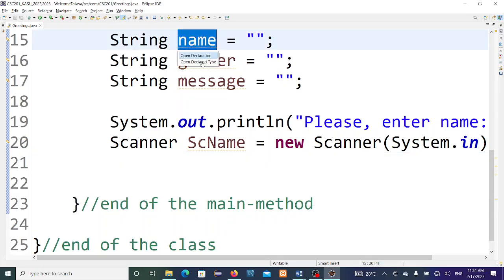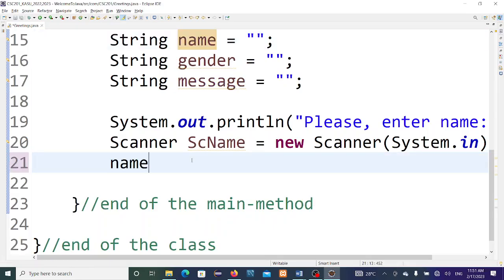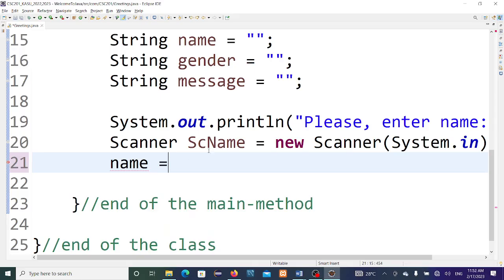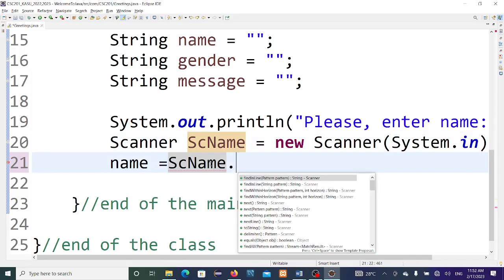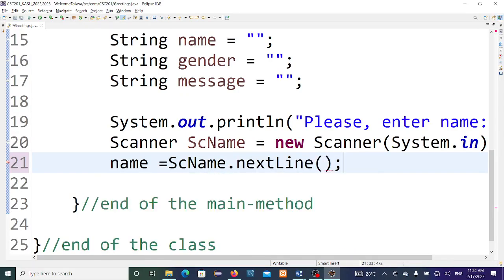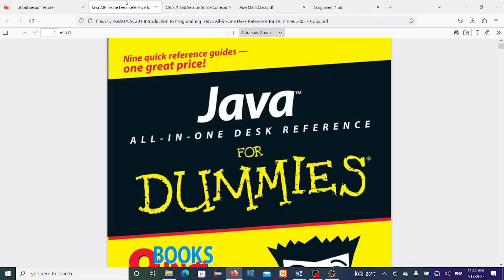I bring in this sys, the local variable equals to this dot next. Dot next what? Thank you. Dot nextLine. Why nextLine? If you don't know the reason why we say dot nextLine,